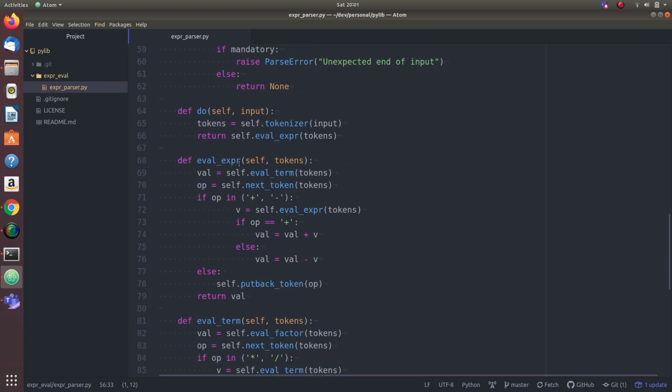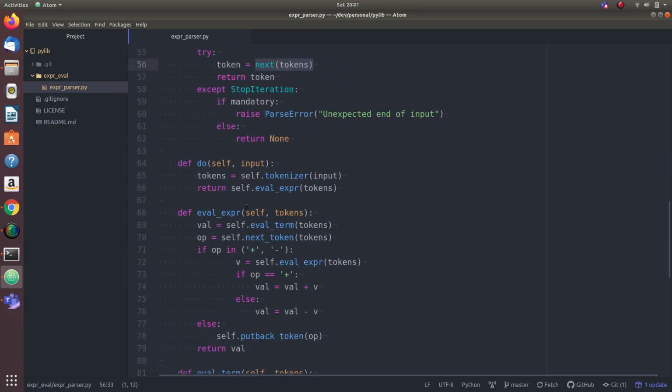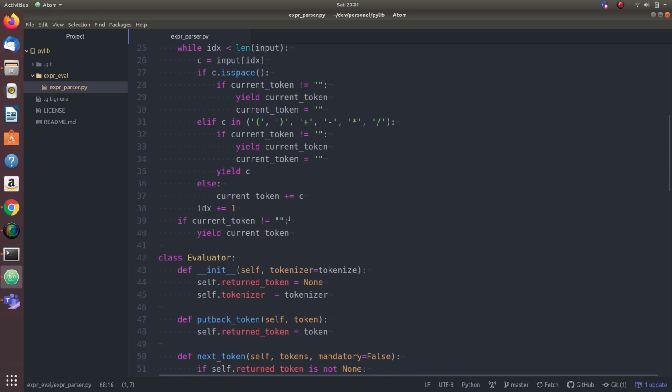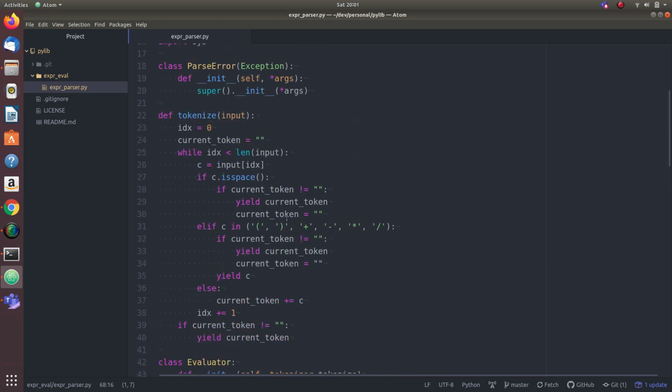And here, once the tokenization is done, we basically call the parser routines. This is a parser and evaluator, a combined routine, which goes through the tokens and tries to find patterns. Whenever there is a pattern match, it does the evaluation. Instead of constructing an AST or something, it will directly evaluate.